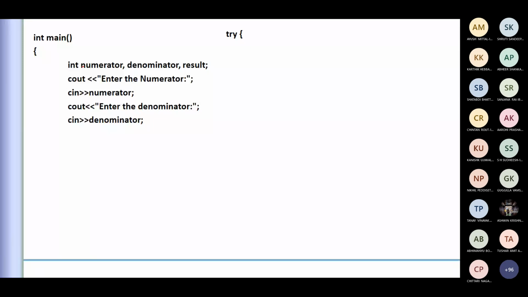Numerator is being entered and denominator is being entered, and you want to check if denominator is equal to 0. So you want to handle something, so you are trying to say throw denominator. I'll come to the complete block of that. You are identifying there may be an error before the division. You are trying to make sure whether any error can happen in this. So you are appropriately identifying it. So there is an if block for us.